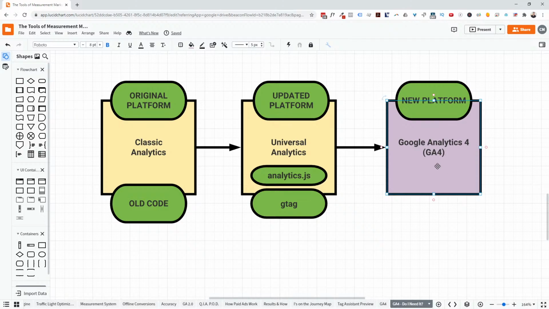So Google Analytics 4, brand new platform, completely different machinery that's back there. How you set it up is different. How you put information in there is different. How the information is structured is different. How the reports work is different. Everything is different. And it's evolving very, very quickly because it's new, which means some aspects are a little buggy